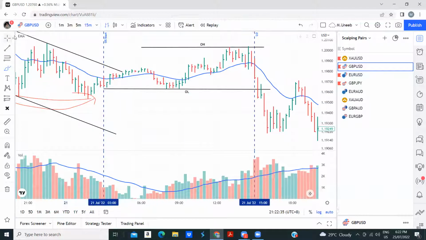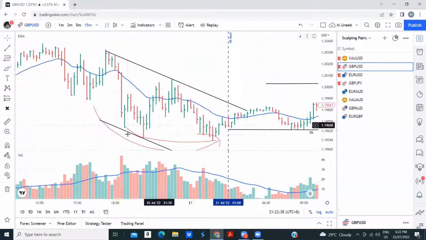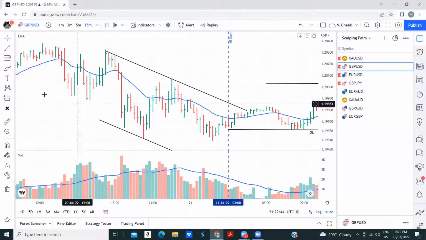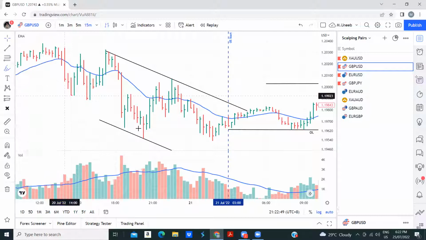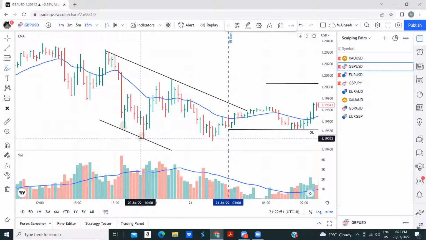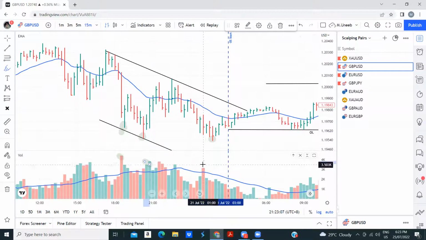Okay. SOT does not come in this point, but we can mark the SOT now like this. In this situation, we'll mark it like this. Okay, SOT I show you. SOT. VCP. Yeah, SOT pattern here. SOT, shortening of thrust at the lows, and you can see the volume. Huge volume here, huge volume here, huge volume here.